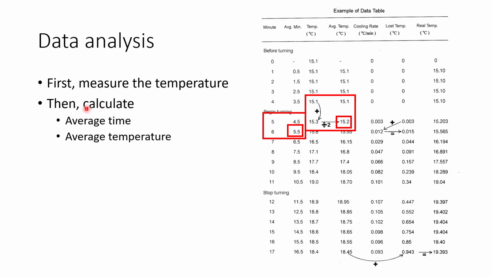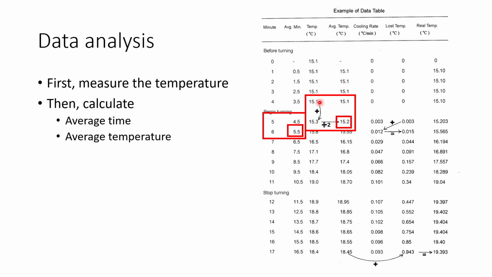And then the first two columns that you're going to have to fill, after you have filled in the temperature that you have measured, are the average time and the average temperature, which is quite self-explanatory. For average time, you take the upper row and the lower row, add them together, and divide by 2. So 0 and 1 average should be 0.5. And 1 and 2 average out should be 1.5. And then 2 and 3 average should be 2.5 right here. Same thing here. You add these two temperatures and then divide by 2. Then add these two, divide by 2, and then you get this average temperature.